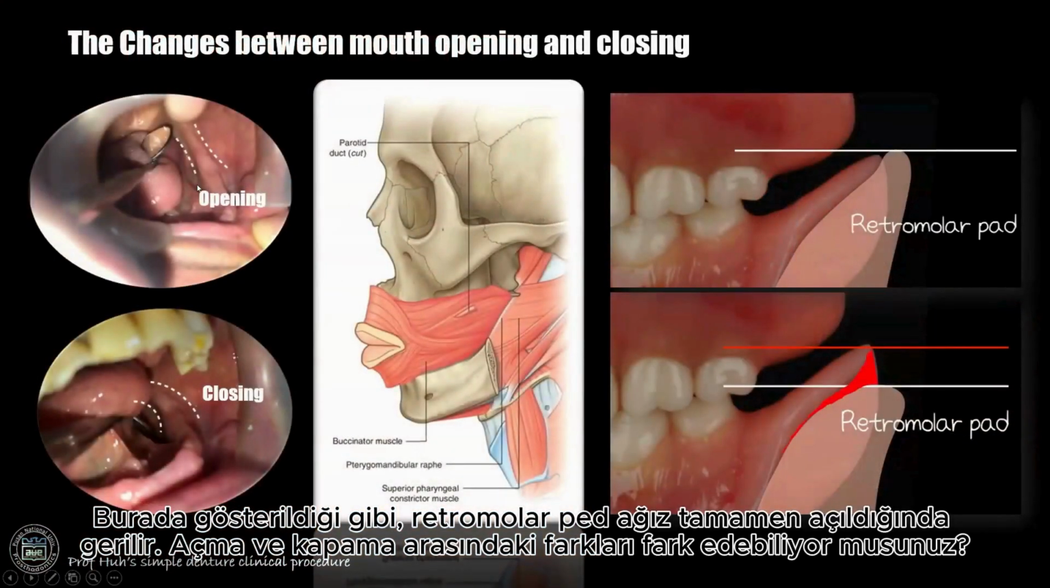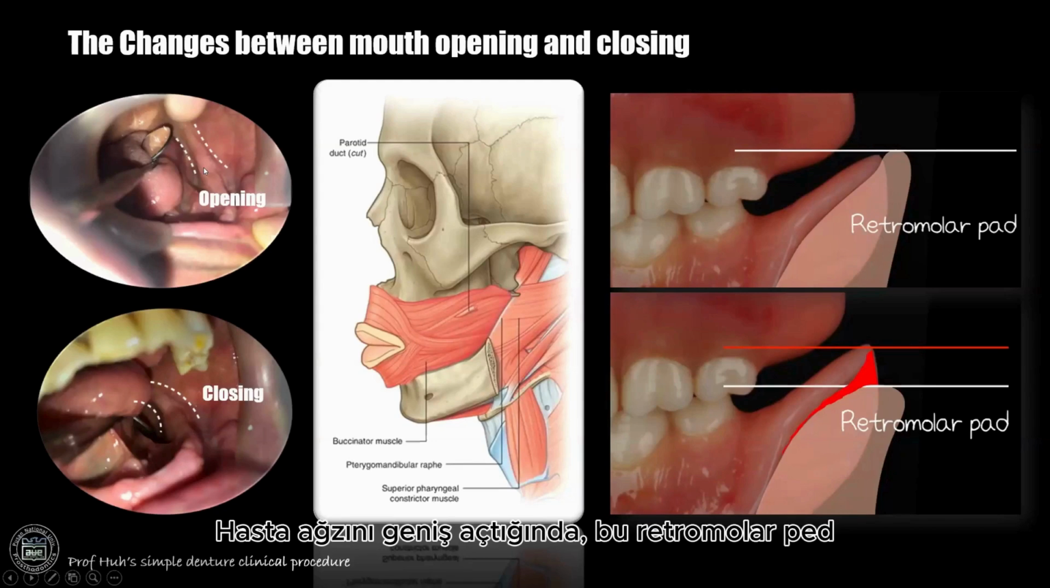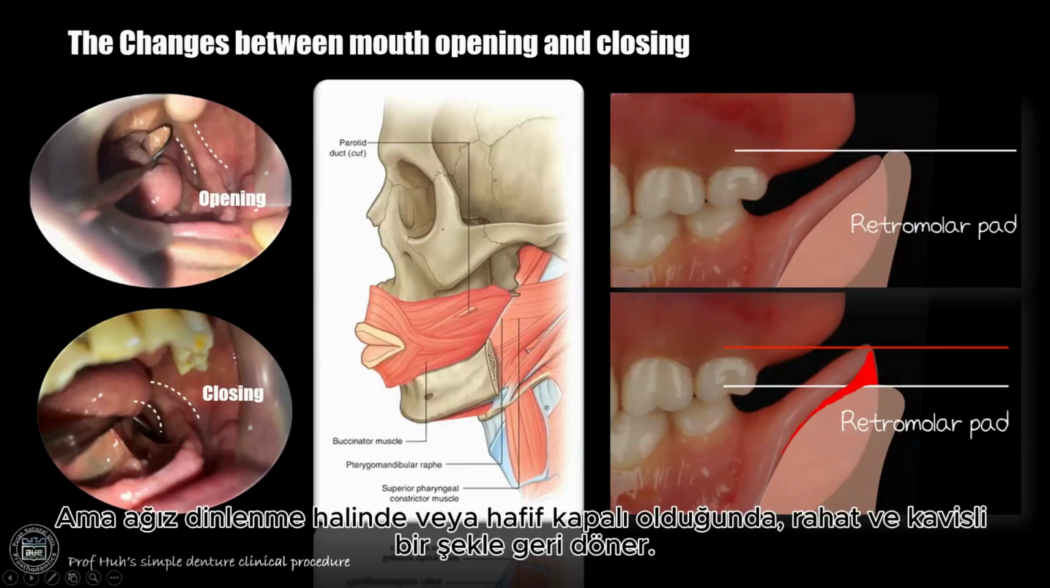So anyway, as shown here, the retromolar pad stretches when the mouth is wide open. Can you detect the difference between opening and closing? When the patient opened the mouth widely, at that time this retromolar pad is stretched like this. But when the mouth is at rest or lightly closed like this, it returns to be relaxed and curved